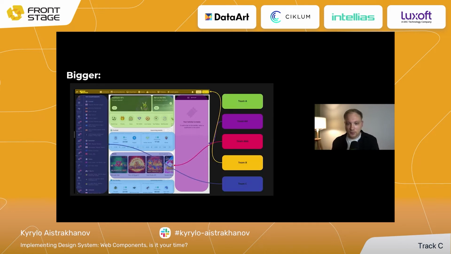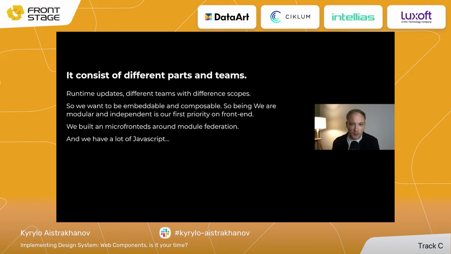So, as I mentioned before, different teams in different parts of the company are now responsible for different parts of the application. And of course we faced a lot of requirements with it. So we need runtime updates, we need asynchronous releases, we need isolated scopes, we need to decouple our highly coupled monolith into the smallest modules with their own scopes, their own isolated features. And also it all might be composable, so it might consist of different parts and different layouts and so on.